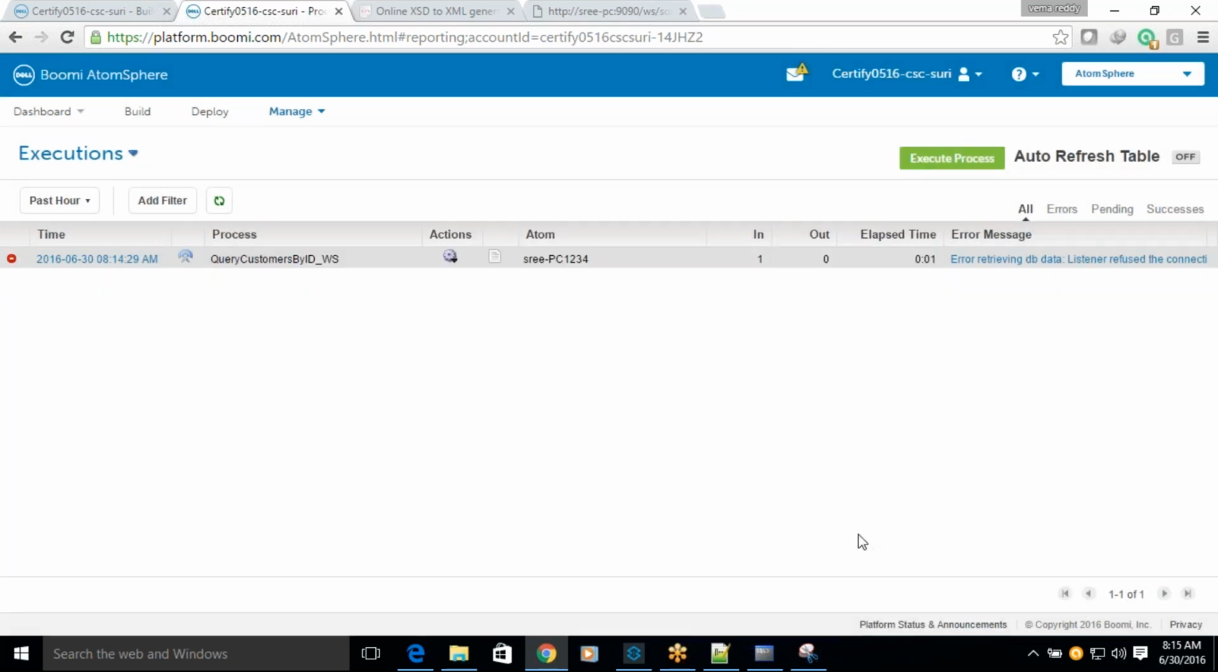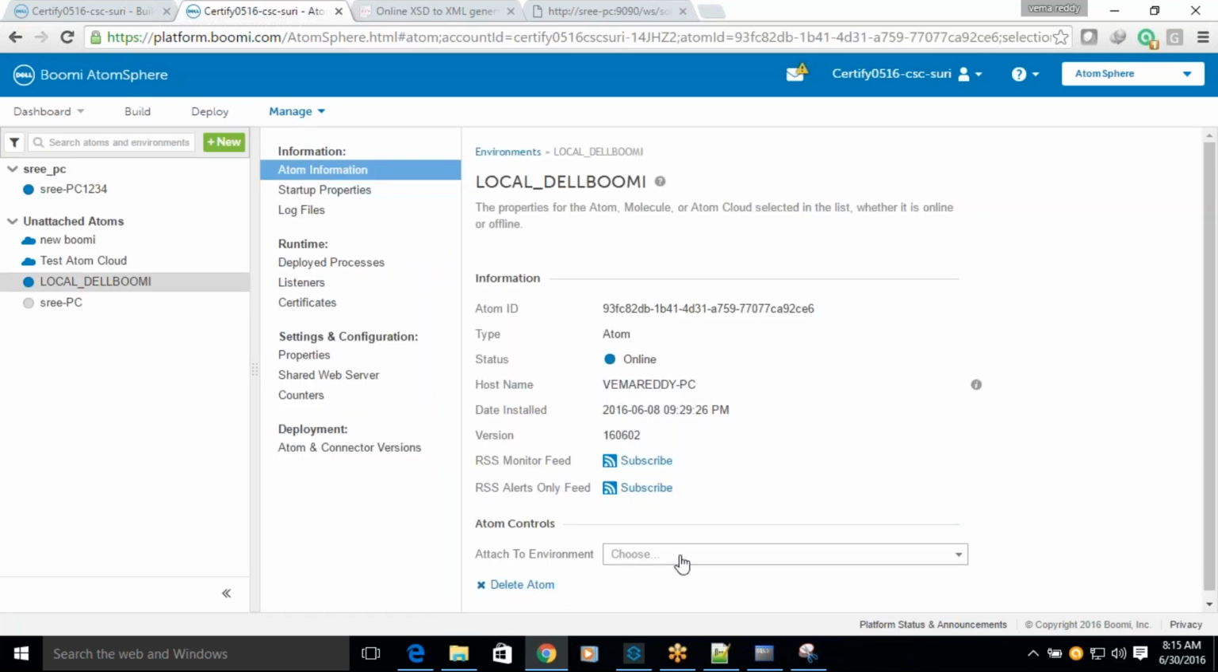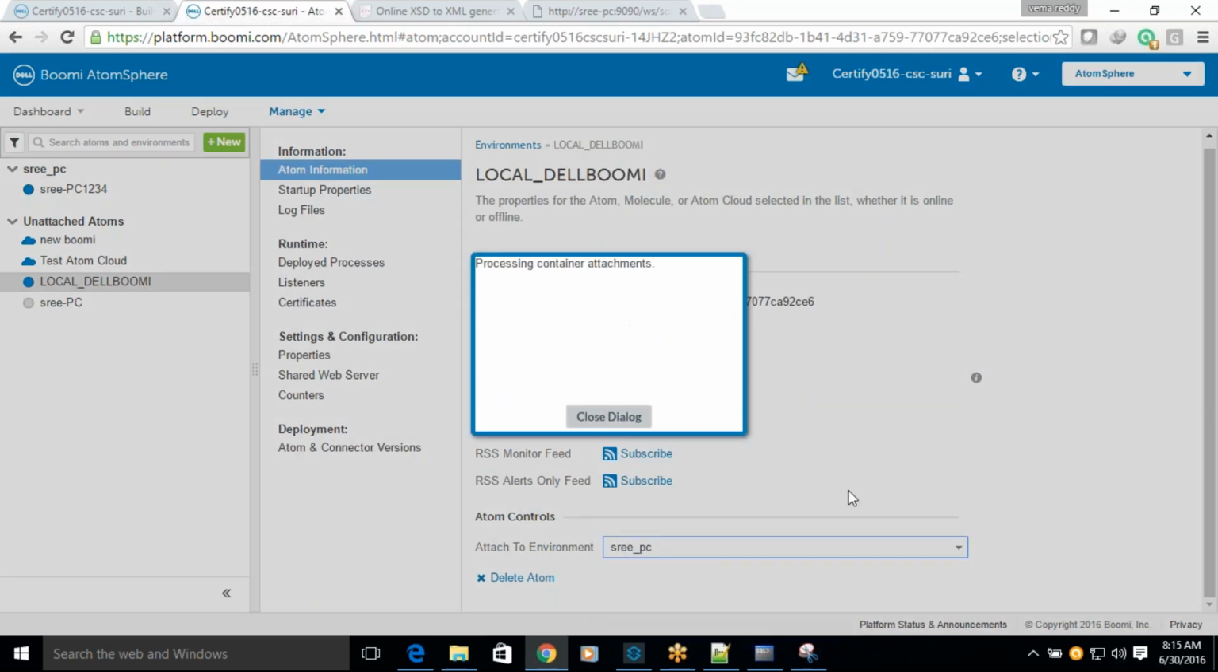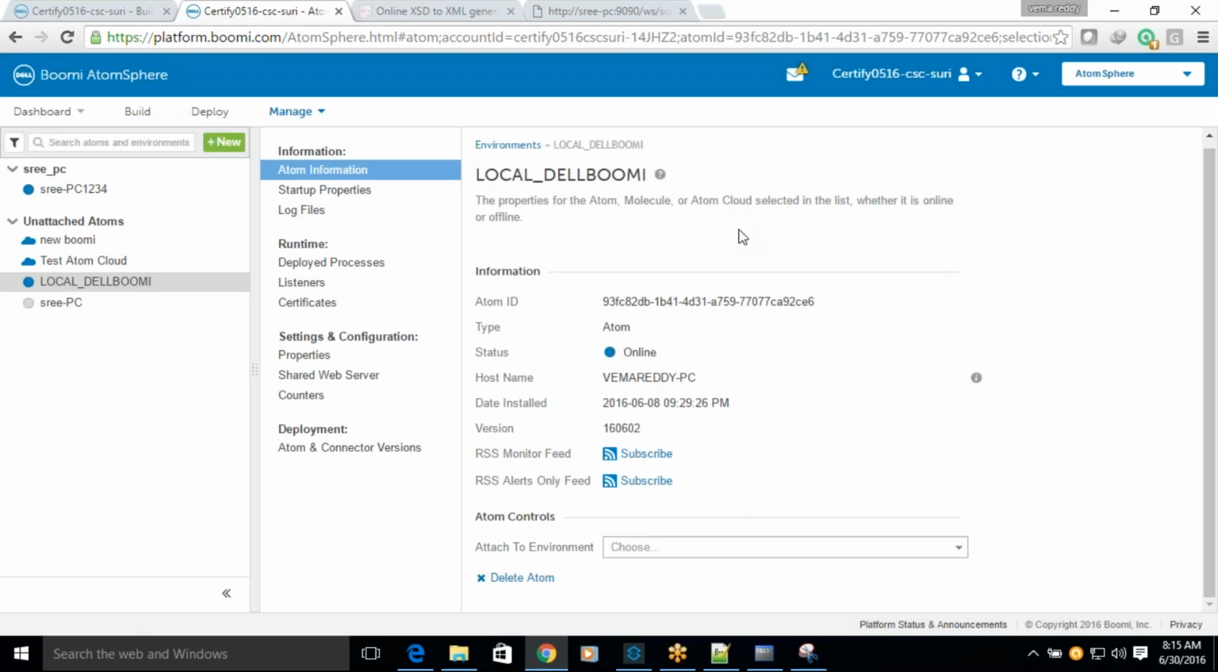What I told you is that if you want to access a database, your atom and database should be installed on the same server. But in this case, the atom was installed here, and the database was installed on my system, and I have deployed a process on this one. Because of this, I think we are not able to add. As soon as I click on this, the process should be attached here. Okay,